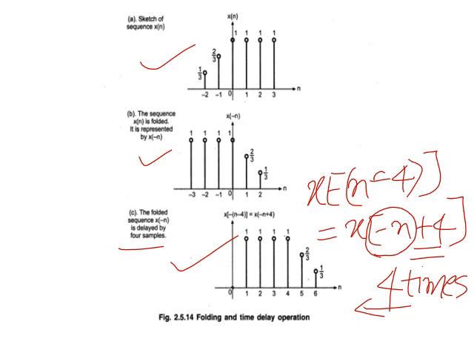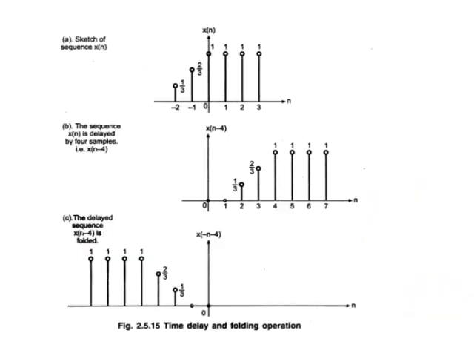This is known as delay operation. Though it is plus 4, as you are in the mirror, the arrowhead should be moved k times backward. Okay, remember this concept that we have already discussed in unit number 1. Similarly, sketch x of n delayed by 4 samples. See here, n minus 4, arrowhead is backward, and then folding of this.